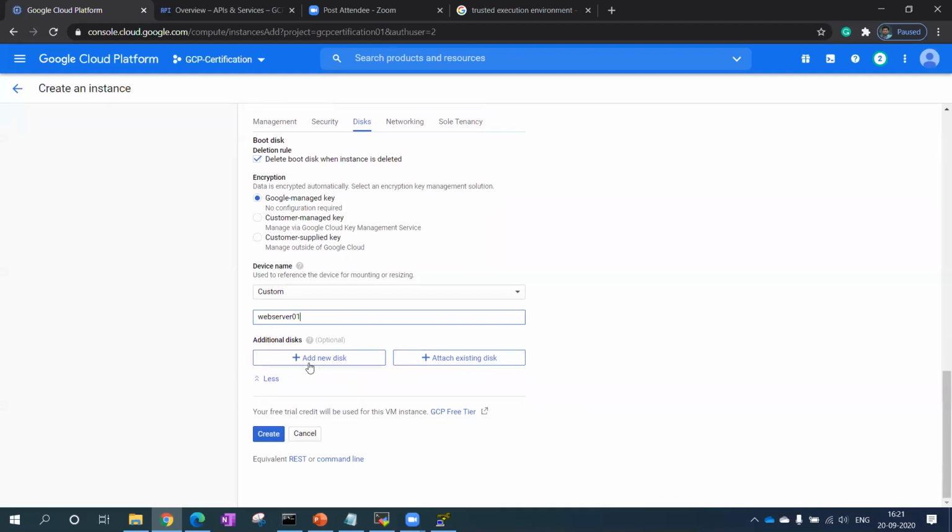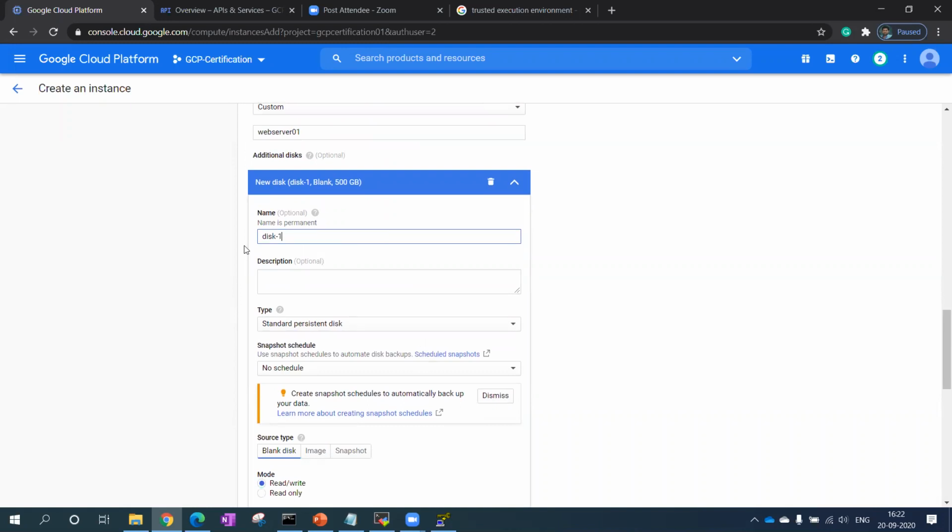Then if for example I have to add a disk, I can add a new disk over here as well. I can click over here and then put in that information. Basically you get three types of disk. Standard persistent disk means your managed disk, which has low cost and low IOPS. SSD of course has higher performance. And local SSD you can also use, which again has higher performance, but you cannot store data over here. If you reboot the instance, the data stored on this disk will be deleted automatically.